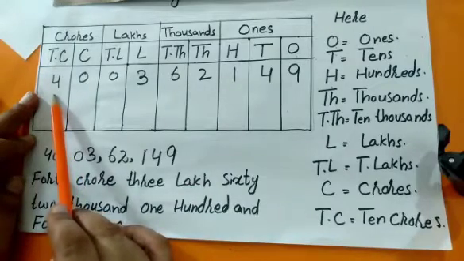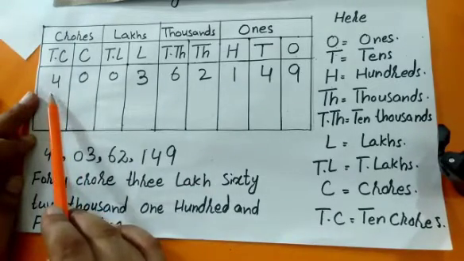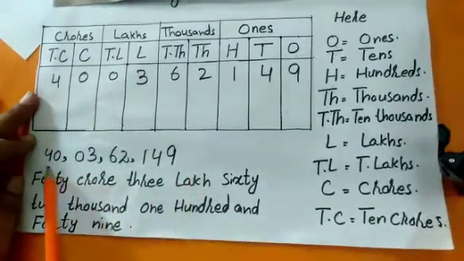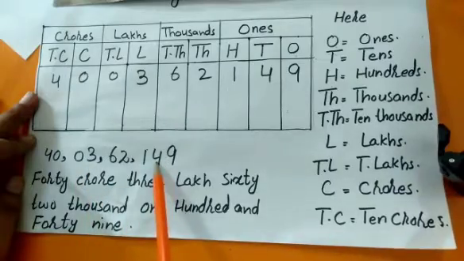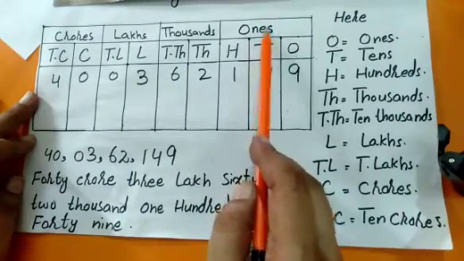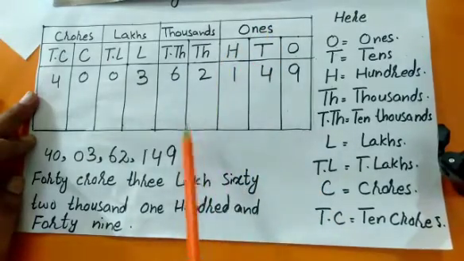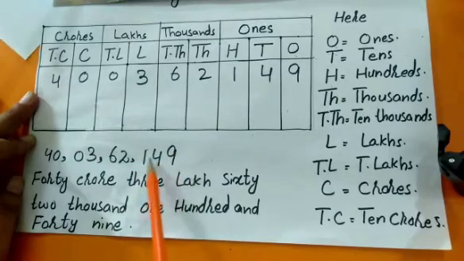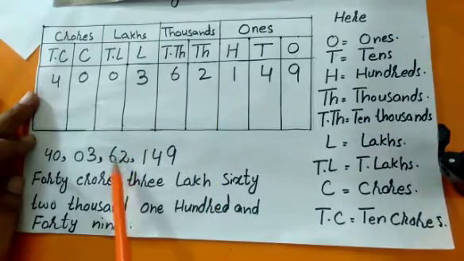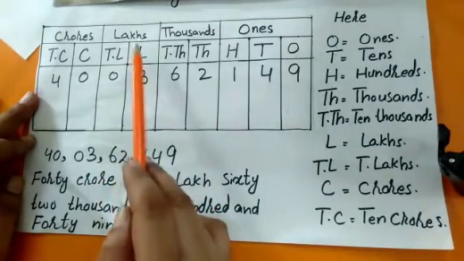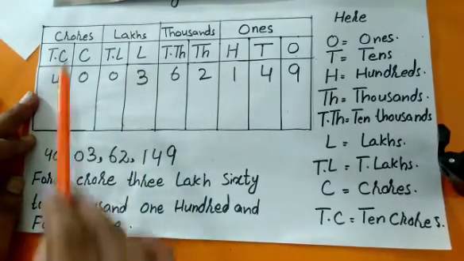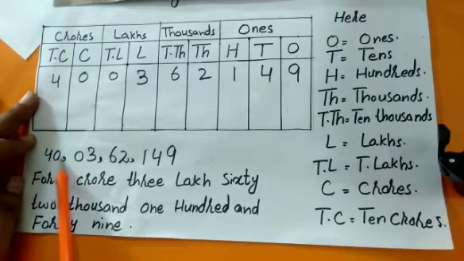Students, you will write the digits in words according to their place values, and here you can see I have put the commas. Commas will be written according to their periods. Here in the ones period we have 3 columns, so I have written the comma after 3 digits. In the thousand column we have 2 digits, so I have put the comma after 2 digits. Again in the lakh column I have 2 digits, so I put the comma after 2 digits, and in the crore column I have also 2 digits.